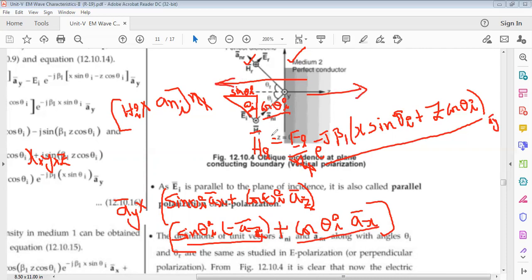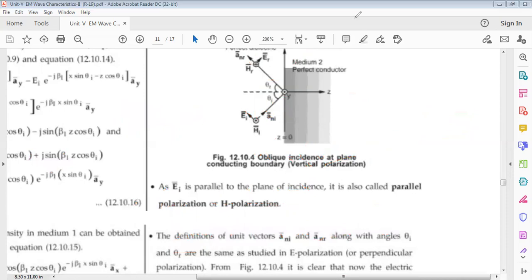Got it, my students? Understood? If there is any confusion between H_i cross a_ni or a_ni cross H_i, to avoid that confusion, draw a right angle triangle here and directly write the expression and multiply the coefficient. Sine theta into minus a_z bar, cos theta into a_x bar. Got it, my students? So now we got H_i and the